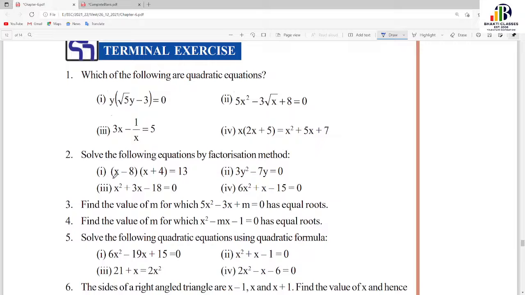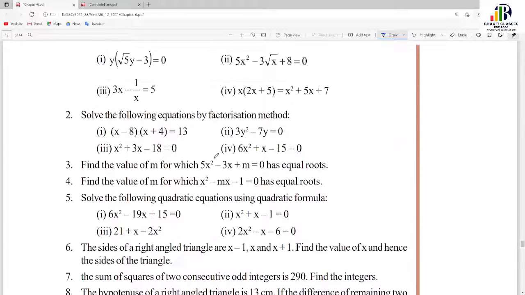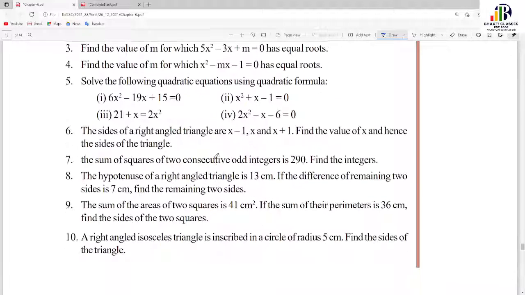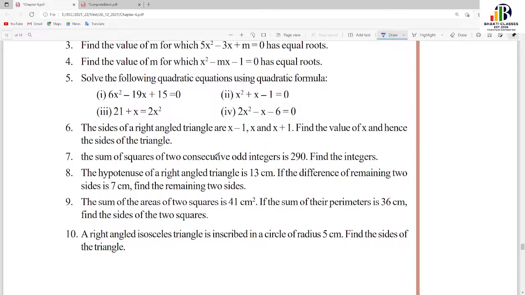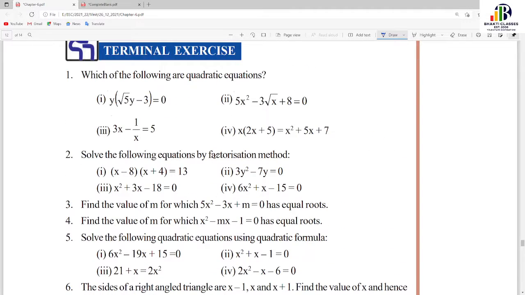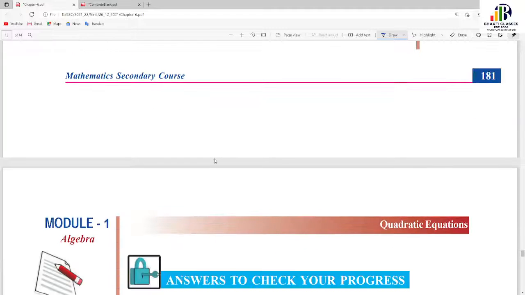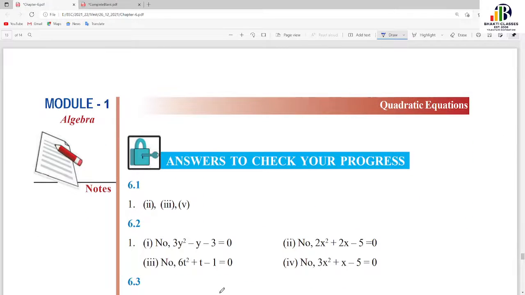Now there are certain terminal exercises. I suggest you to do these exercises on your own. There are 10 questions, right? In the next period, we will consider some of the questions. You do all these questions, and whatever doubts come from them, we will discuss in the next period, okay? Okay. So this is what the quadratic equation we have learned, right? Now any particular specific you can say